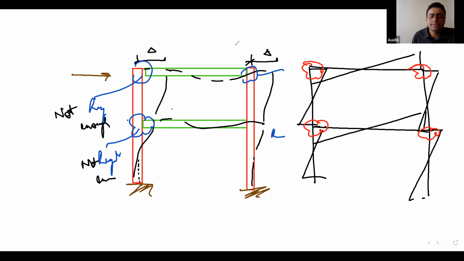So what will happen? Your sway will increase or decrease if your connection is not rigid enough? So sway will increase, of course. Sway will increase